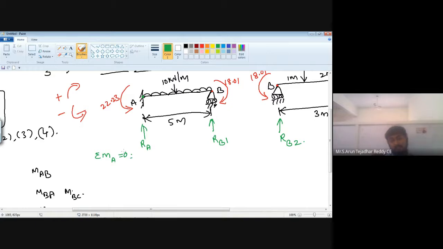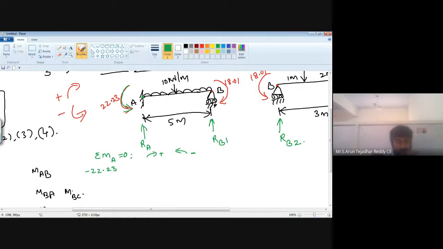Here also in the equation of equilibrium, clockwise positive, anti-clockwise negative. Remember this point. So at point A, one moment is acting in the anti-clockwise direction. So anti-clockwise means it's negative, minus